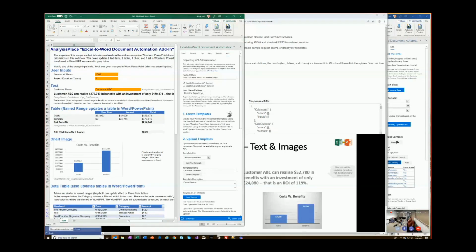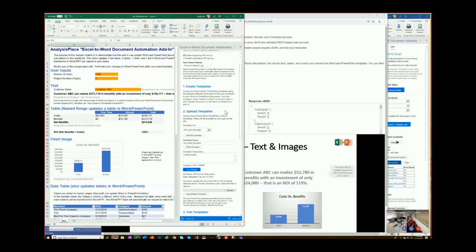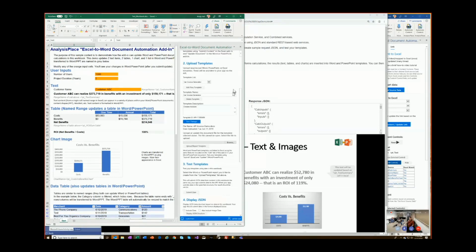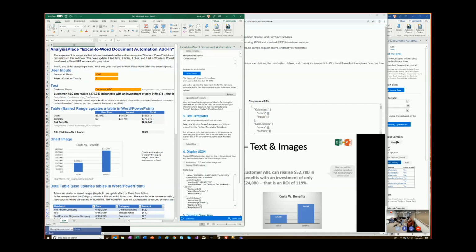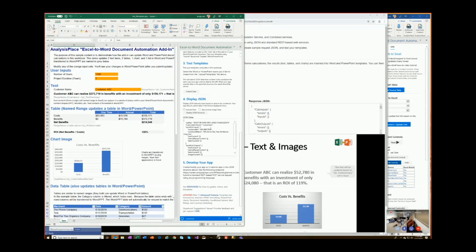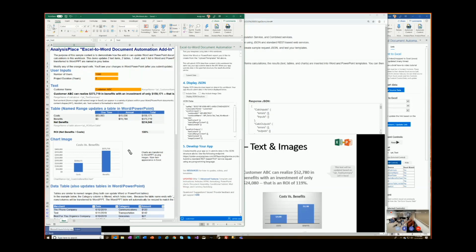So this API tab shows how it's done. It allows you to do things like upload the templates. So that's the Word and PowerPoint templates, as well as the workbook calculator templates. It allows you to test the templates, and also displays the JSON based on the data that's in the workbook